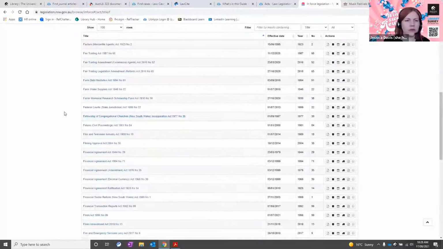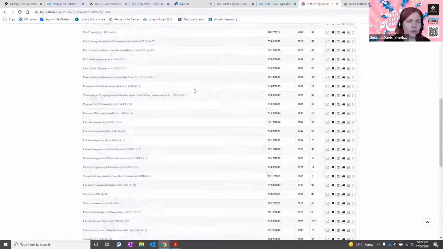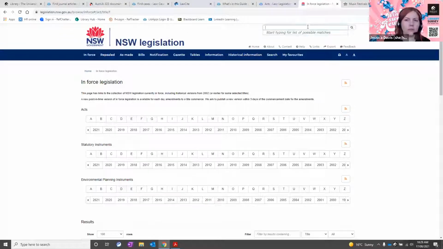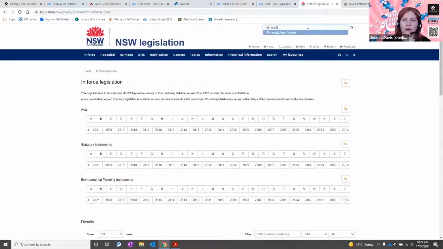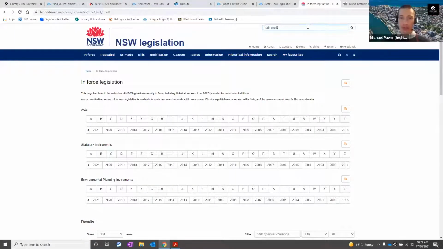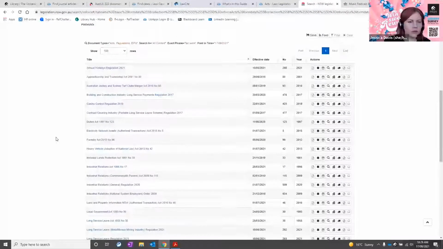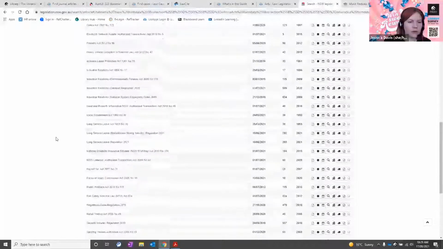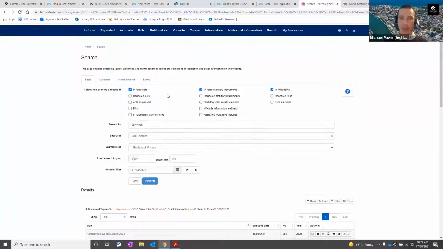We'll go to enforce, fair, because that's fair trading amendments. Nothing's coming up there. I'm not familiar with the legislation, and I'm not sure where that would be. Unless it has a slightly different title, that would be the only thing I can think of. I think looking at the jurisdiction and the actual wording of the name of the Act would be what we would have to do for that.